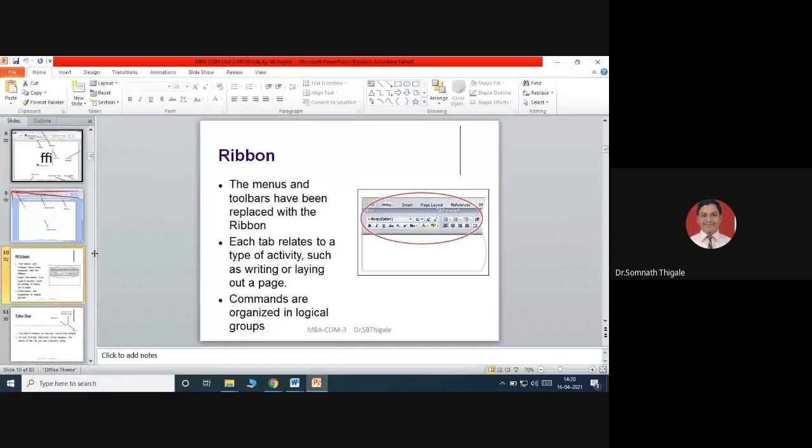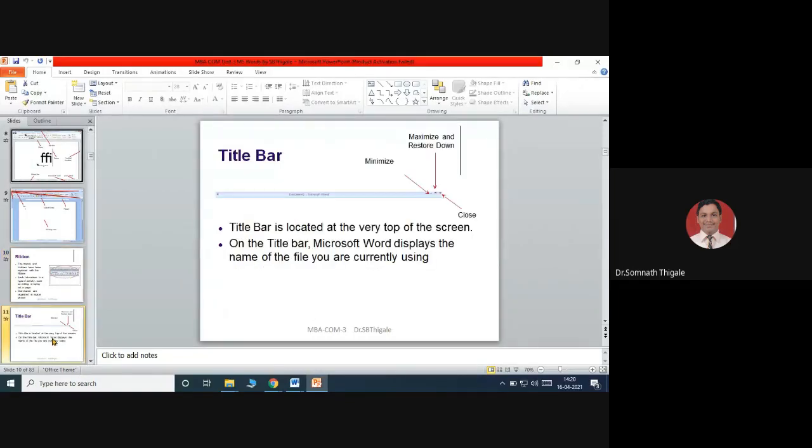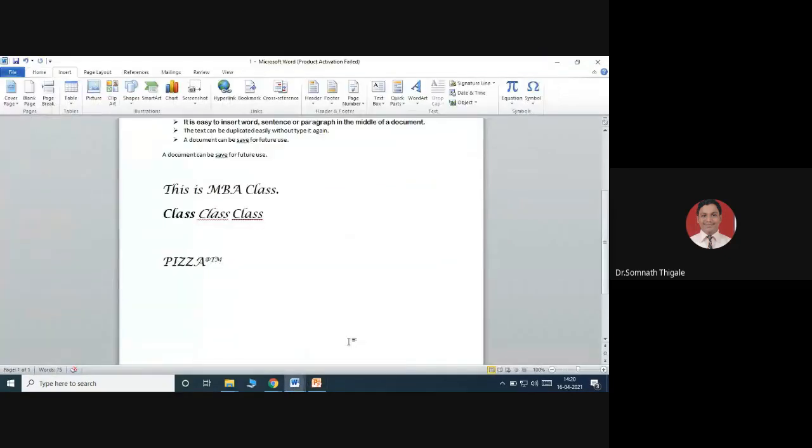So whenever you get time, just open the Word file and try to make the changes I have shown to you. After the ribbon option, we will have the title bar options. This title bar is basically used for closing, minimizing your window, or the restore option. Suppose I have opened this document and I want to minimize it. You'll get this option here, minimize.